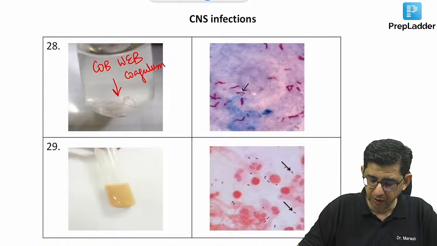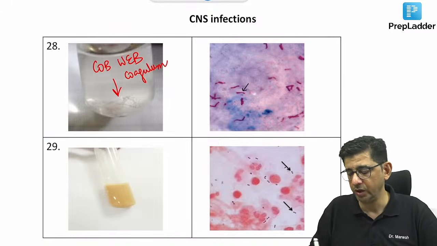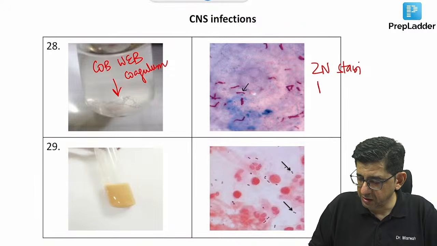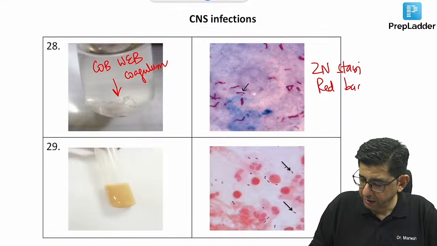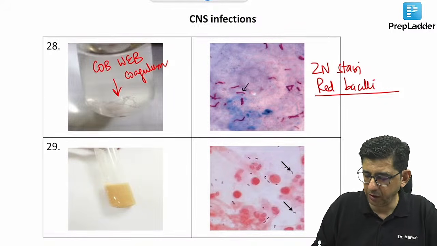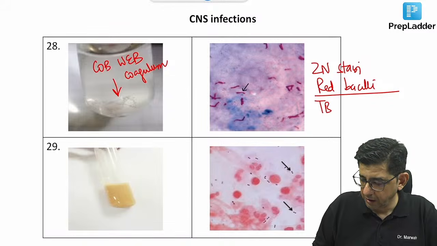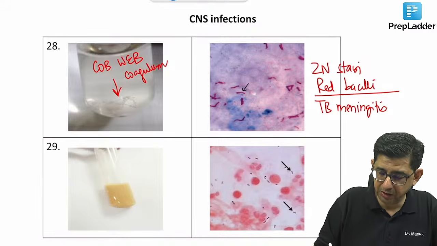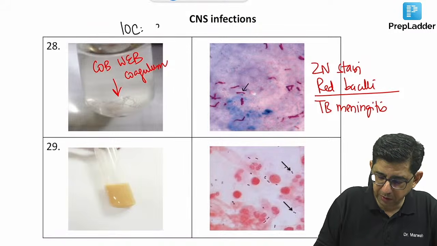then it will become second nature. You can have a cobweb coagulum in this case, and then you can see that this would be a ZN stain, where you can see the red bacilli. So the interpretation in this case would be query tubercular meningitis, and therefore we need to start empirical treatment, because the investigation of choice in this particular case would be a CSF culture